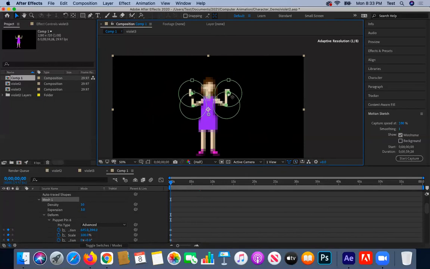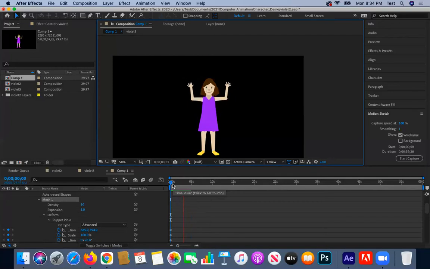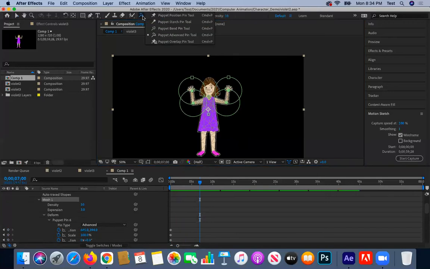And what's nice about this method is that using this pin tool, if I press Command on my Mac, or I believe it's Alt on a PC, I'm able to record keys in real time. And you see there's some strange deformations going on in her arm that we would have to get rid of by using what's called a